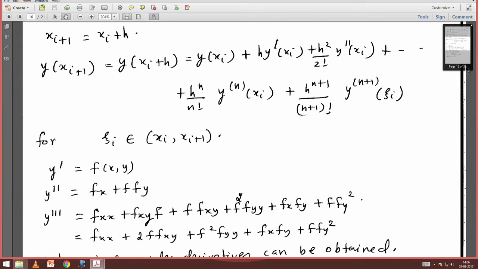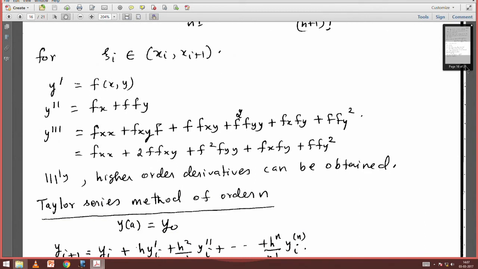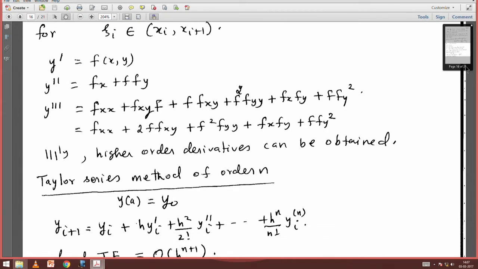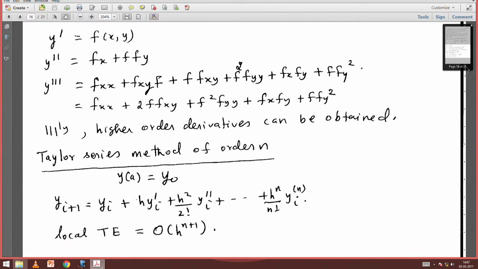Here, the various order derivatives of y which appear in this expansion are obtained by taking derivatives of the right hand side function f of x comma y. So, the successive derivatives are presented in terms of the partial derivatives of different orders of f with respect to x and y. So, when we compute the derivatives of y with respect to x of several orders, namely up to order n,